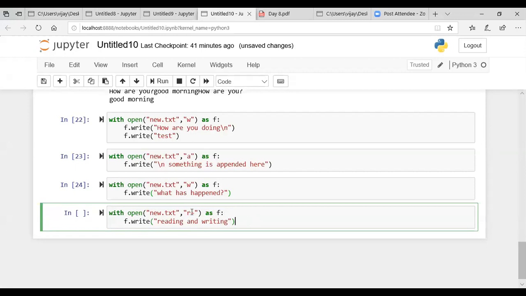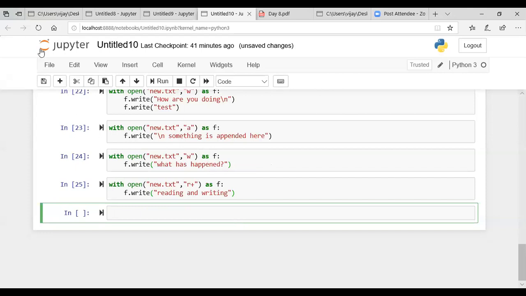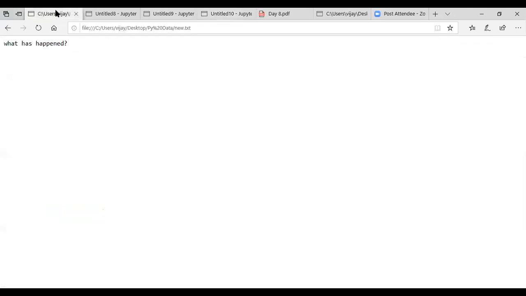This r+ mode is used if you want to read as well as write. So I'm saying f.write reading and writing. Execute this and refresh it over here. It is saying reading and writing.